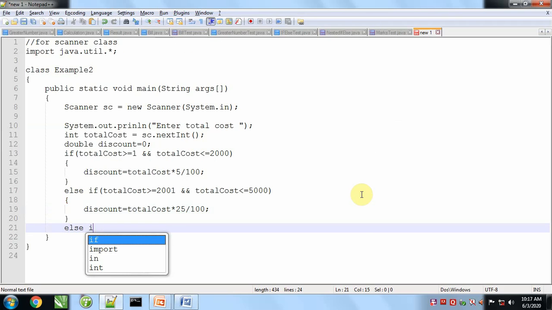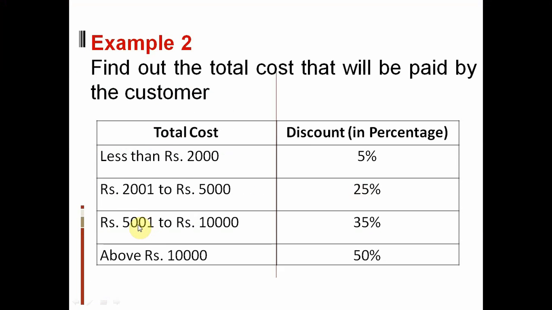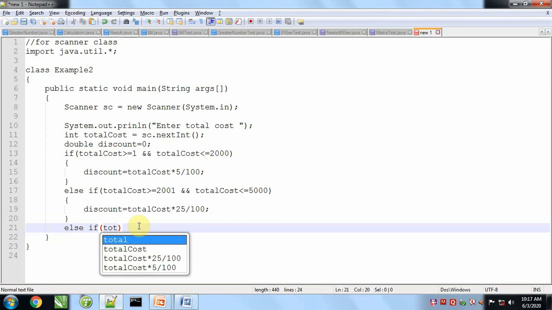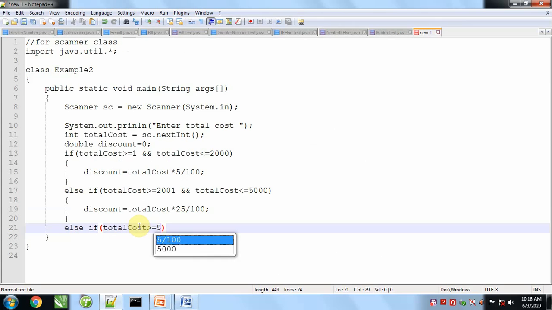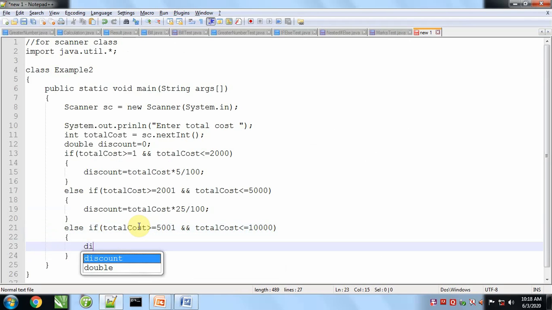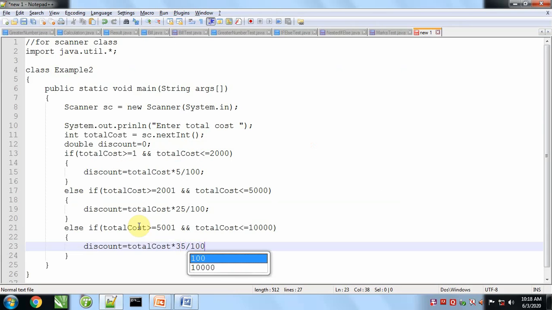In the third situation we say if total cost is greater than or equal to 5001 and total cost is less than or equal to 10,000, then discount will be total cost into 35 upon 100.